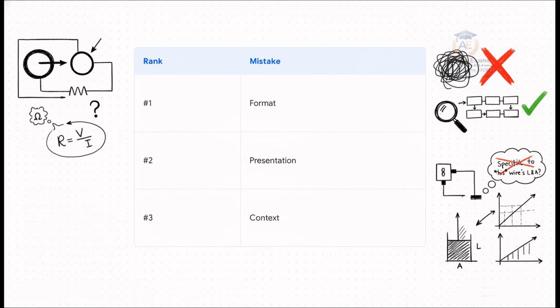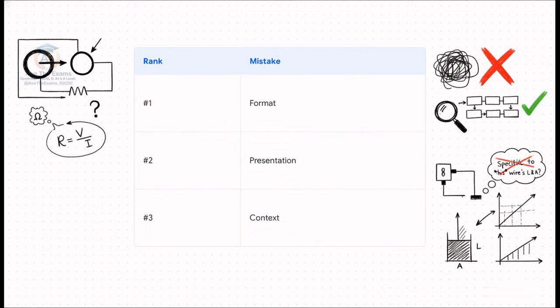Mistake number 2 is forgetting to check presentation. If your logical steps are a scattered mess across the page, the examiner simply cannot award you those crucial method marks. Our counter rule here is the rigid application of the PEEL framework. Keep it structured. And mistake number 3, this is the big one, providing answers that are not specific to the